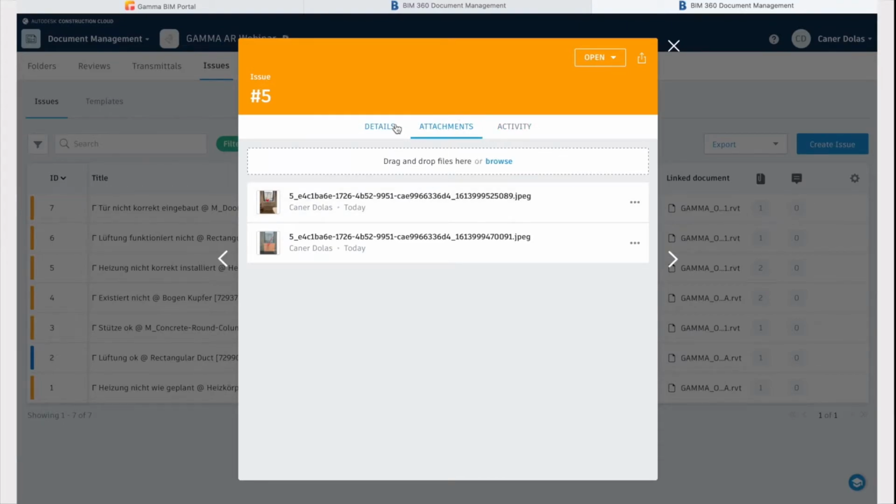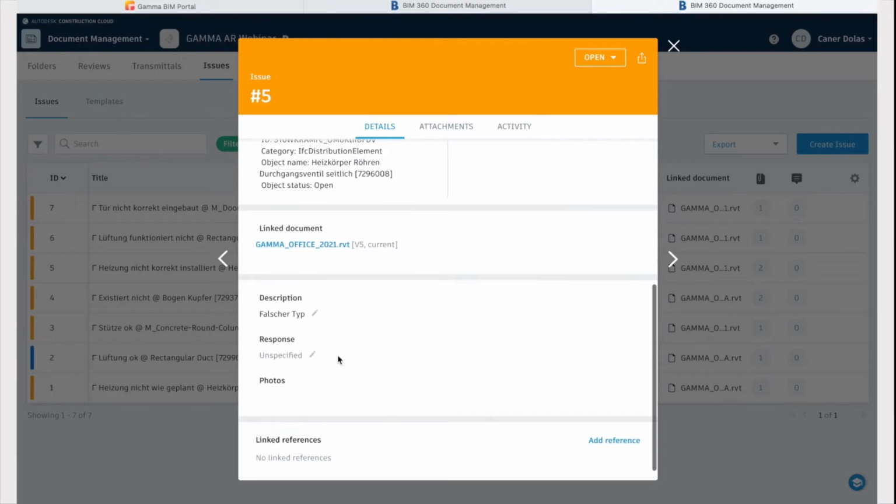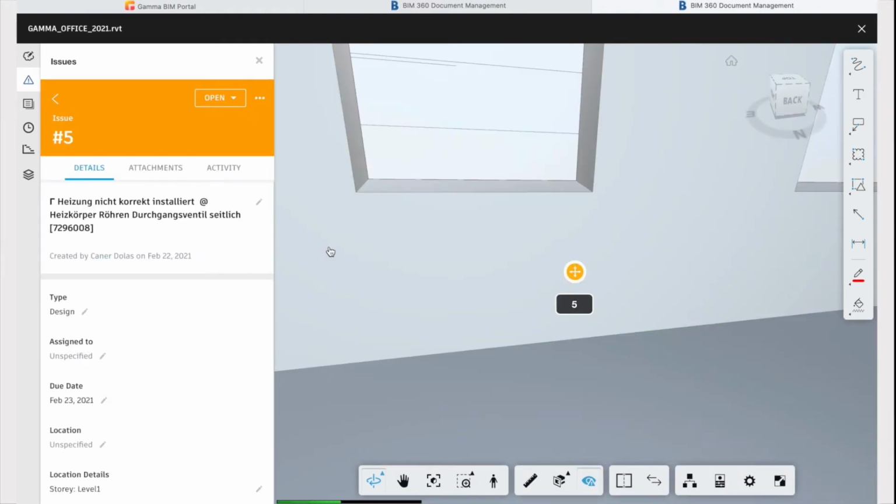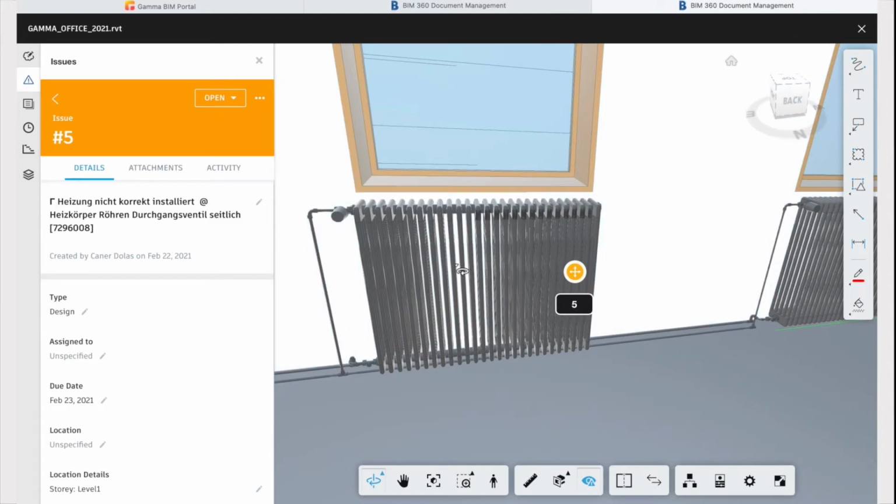In BIM 360, you can see that the issue contains images from Gamma AR. In the Details tab in the issue, you can scroll down and you will find in the linked document section that there is the Revit file linked to the issue. A click will open up the 3D view and zoom directly to the position where the issue was taken in